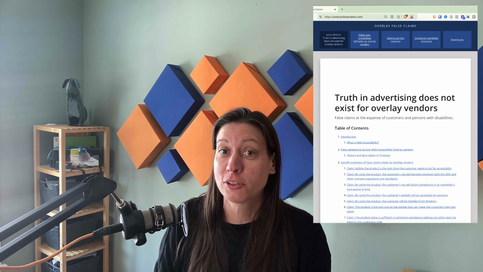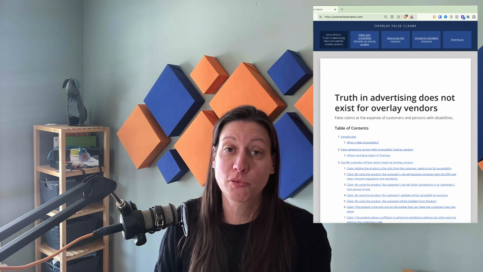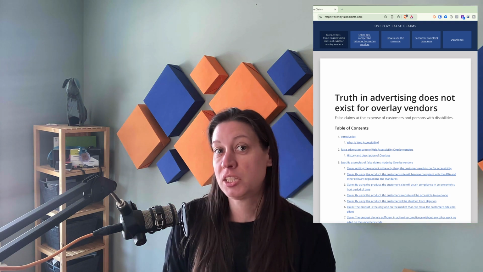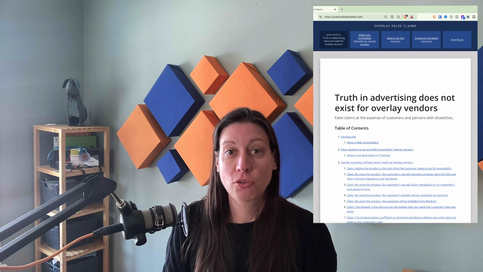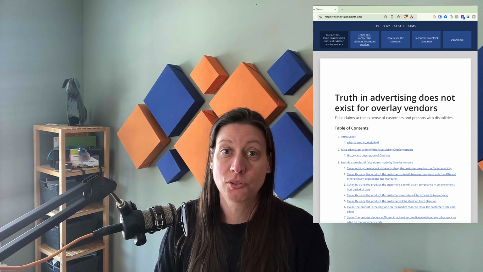The complaint also mentions that accessiBe knew about the Overlay False Claims website, one that I've mentioned before, since at least December 2021, and that they were tracking the website and any social media posts that promoted it because they wanted to monitor the negative press. It also goes on to talk about how their terms did not disclose, either adequately, if at all, that certain parts of a website, PDFs, PowerPoint files, audio and video files, and so forth, that those would not be made accessible unless additional services were purchased.